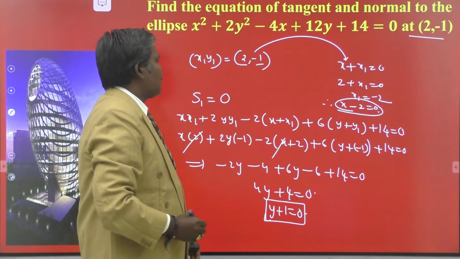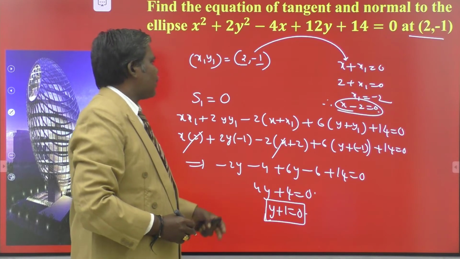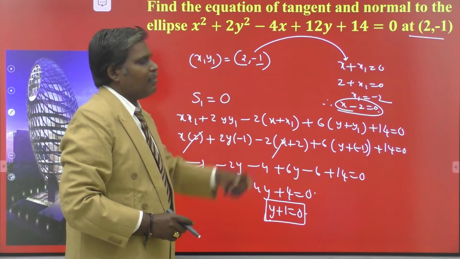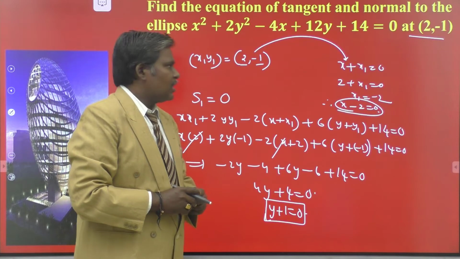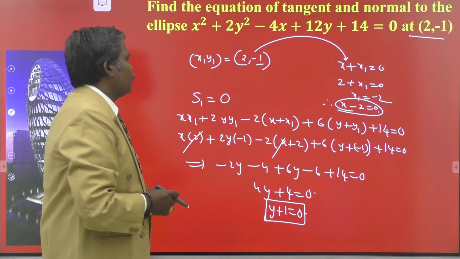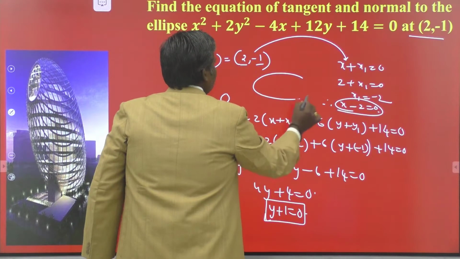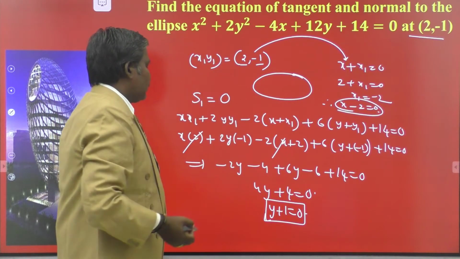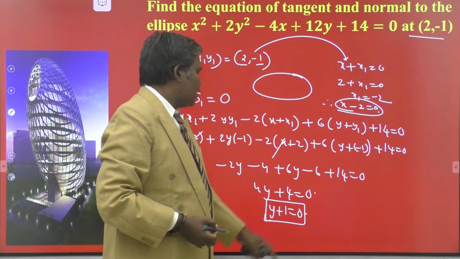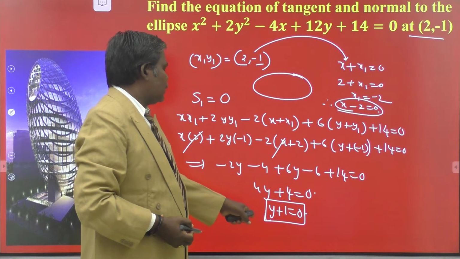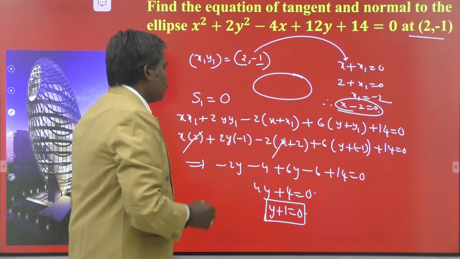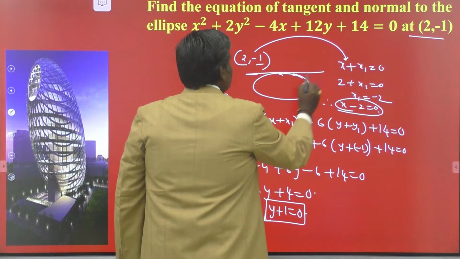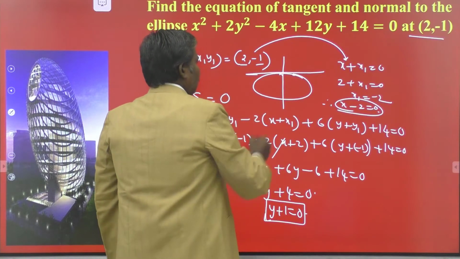x equal to 2 is the equation of normal and y equal to minus 1 is the equation of tangent at the point 2 comma minus 1 to our ellipse in this question. Understand? It is very easy for you. So if it is an ellipse, then this is your point. You can draw the tangent and normal. Tangent is the line y plus 1 equal to 0, which is parallel to what? Your x-axis. So normal is parallel to y-axis. I think this may be the point. Then this is the tangent. This is the normal. Okay.